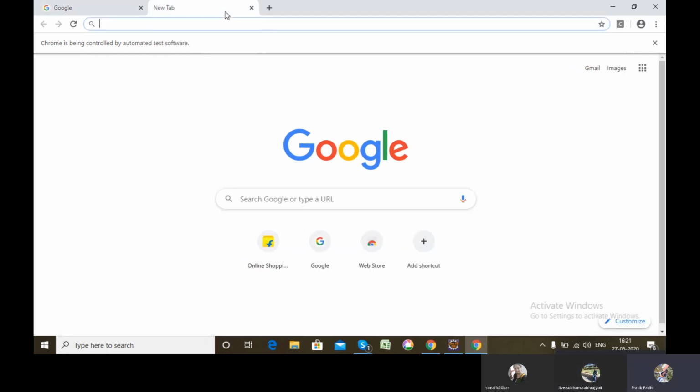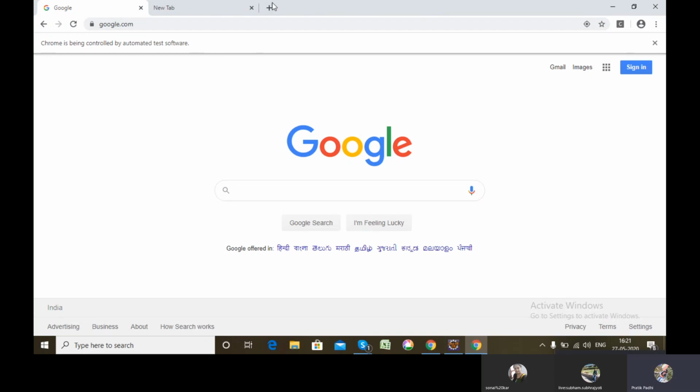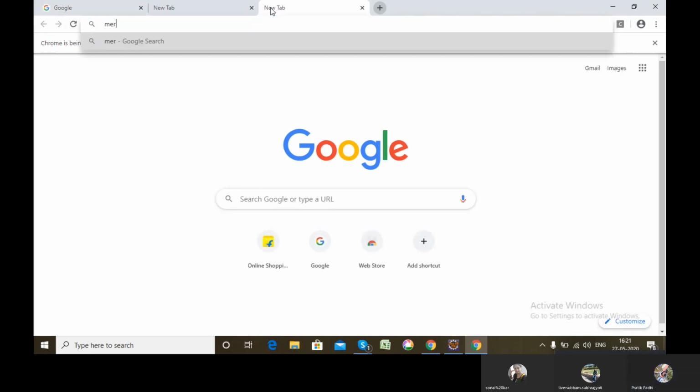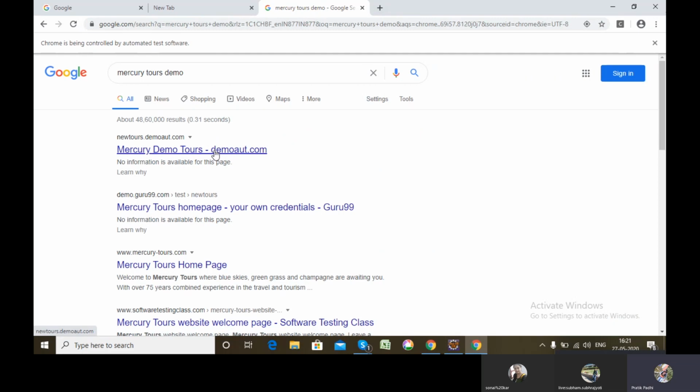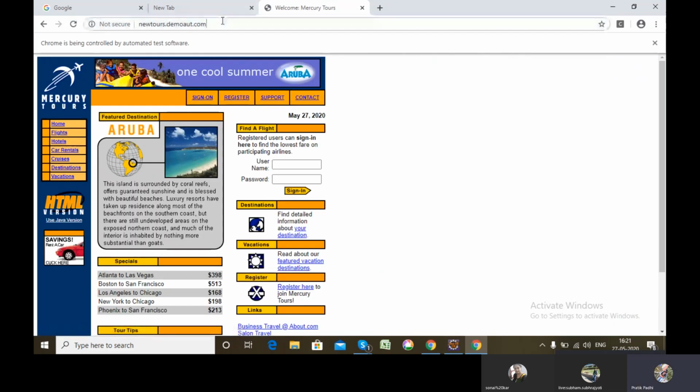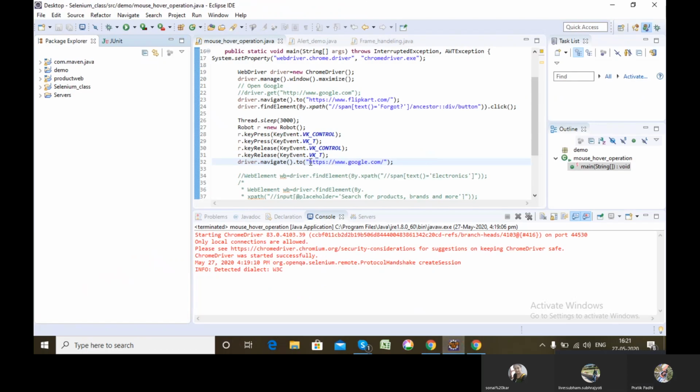Let's say, for example, in this new tab, I want to open the Mercury Tours demo, and do nothing here. So what I expect is, if I run this particular code, what will happen?